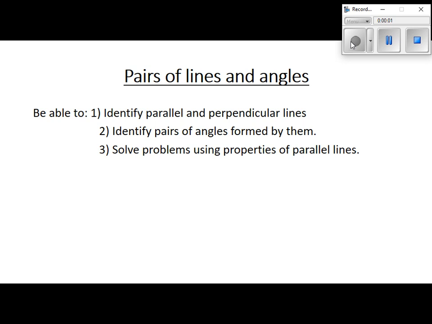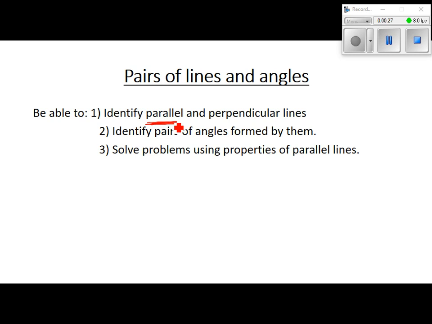We're starting on pairs of lines and angles, and we've already covered some of these. We've dealt with vertical angles and supplementary angles and complementary angles and linear pairs. So those are all going to be just a little review, but we're still using those. But what we're going to deal with more, parallel